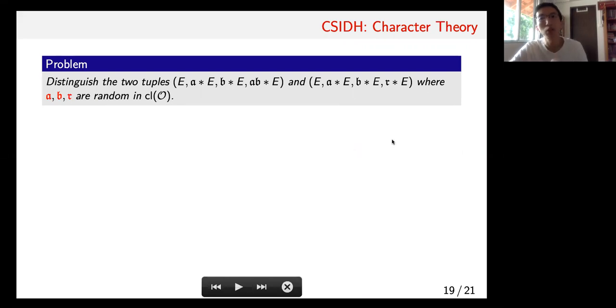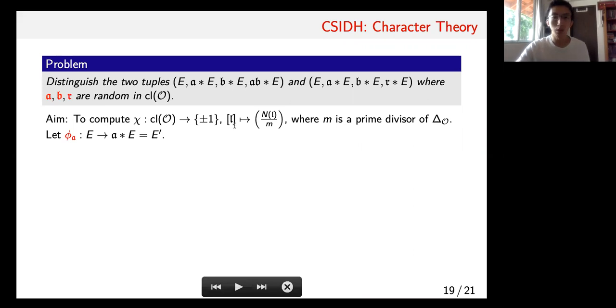So how do we construct a character? What we want is to construct this character, as we said, where you plug in your ideal and it spits out ±1. So this M over here, we're not going to use the characteristic of the field. We're going to use this M, which is a prime divisor of the discriminant of the